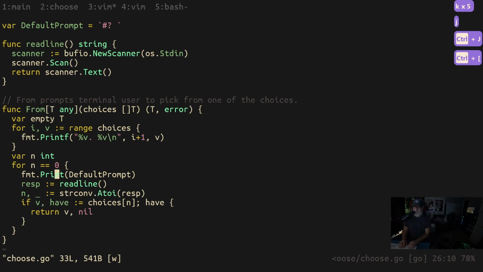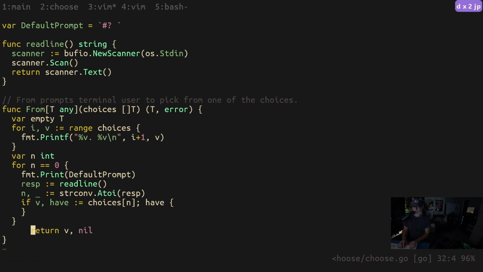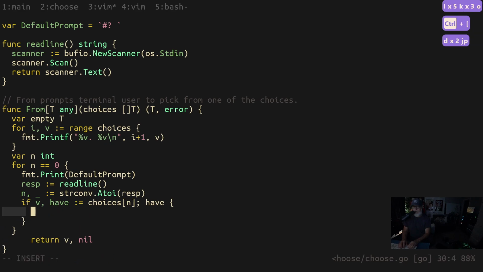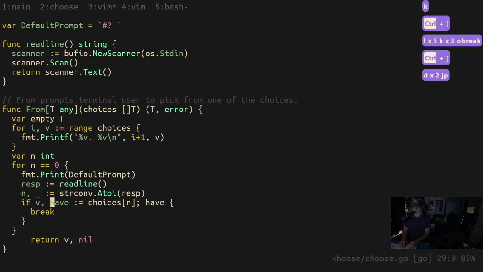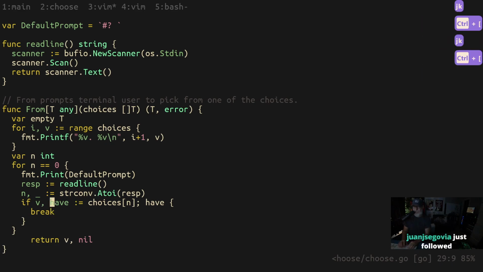Let's see, default prompt, read line, n equals string conv. So that's going to be 0. It's going to keep being 0. I guess we could do this instead. We could return this and say break. Let's do that. It's kind of stupid to do that, but